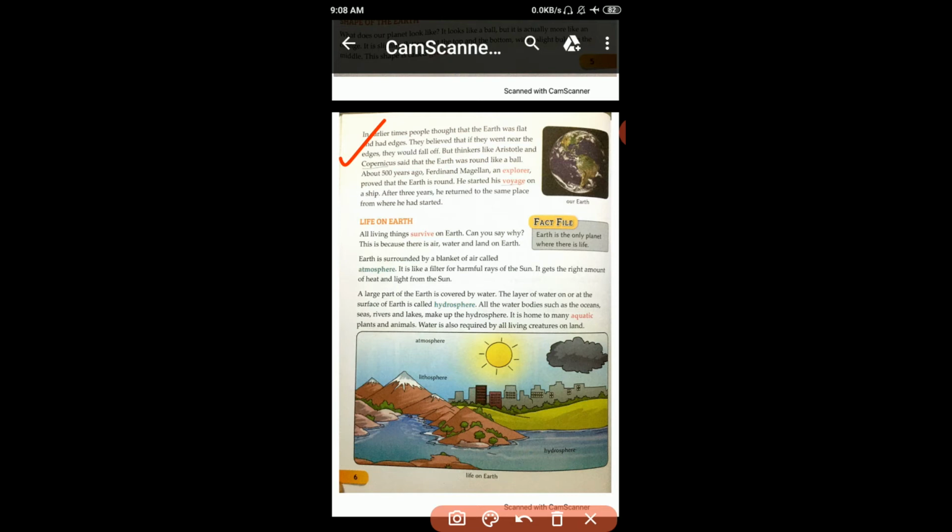But thinkers like Aristotle and Copernicus said that the earth was round like a ball. About 500 years ago, Ferdinand Magellan, an explorer, proved that the earth is round.